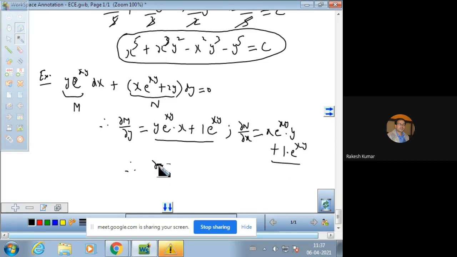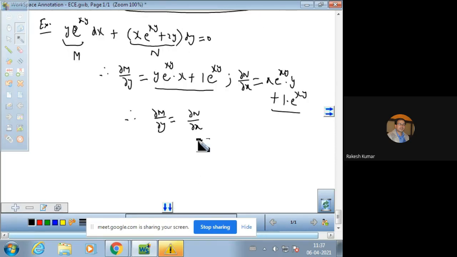So if the sides are same, then del m by del y is equal to del n by del x, meaning that the equation is exact differential equation. So we can write that the given equation is an exact differential equation, and the solution is